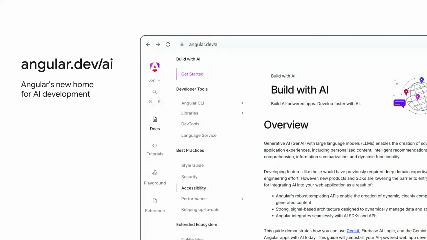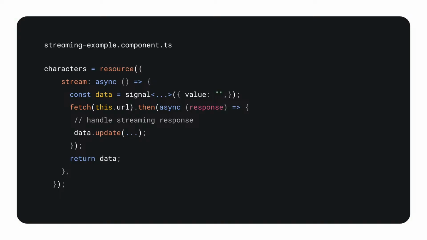Now, on angular.dev/AI, you'll be able to find guidance, best practices, coding examples, and recipes in AI. And guess what? This is just the first version that we're launching, and we're going to continue to grow this resource. Here's an example of the type of recipe that you'll find on